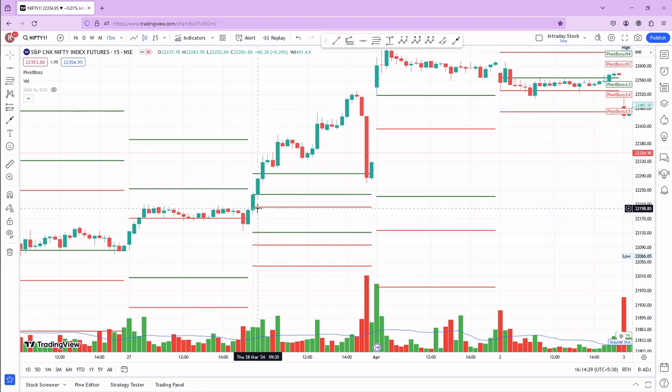So the expected move is that any reversal at the H3 can be a rejection towards the L3, and any support at L3 can be a movement towards H3, and if there is a close above the H4, that can be a good opportunity to go long. And also if you see over here,